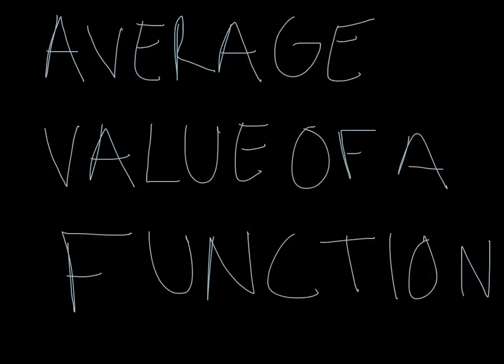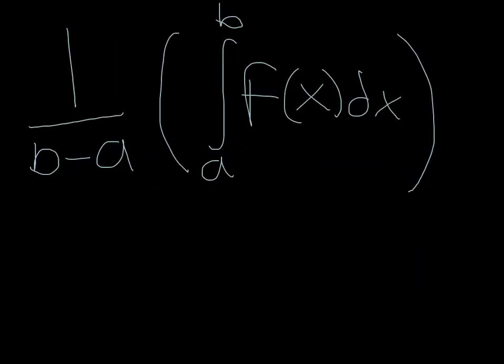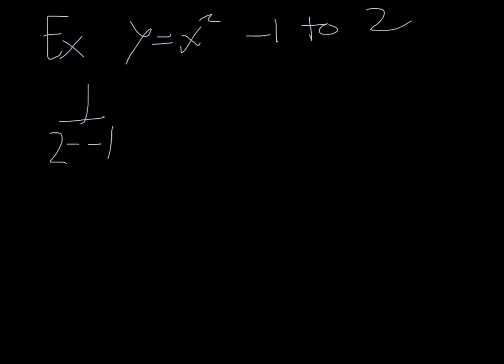The average value of a function. It is defined by 1 over b minus a times the integral from a to b of f of x dx. So we are going to do an example of the average value. So we're going to use the function y equals x squared, and we are going to go from negative 1 to 2. So if we were going to plug that into the formula of 1 over b minus a, so 1 over 2 minus negative 1 times the integral from negative 1 to 2 of x squared dx, and that is going to be